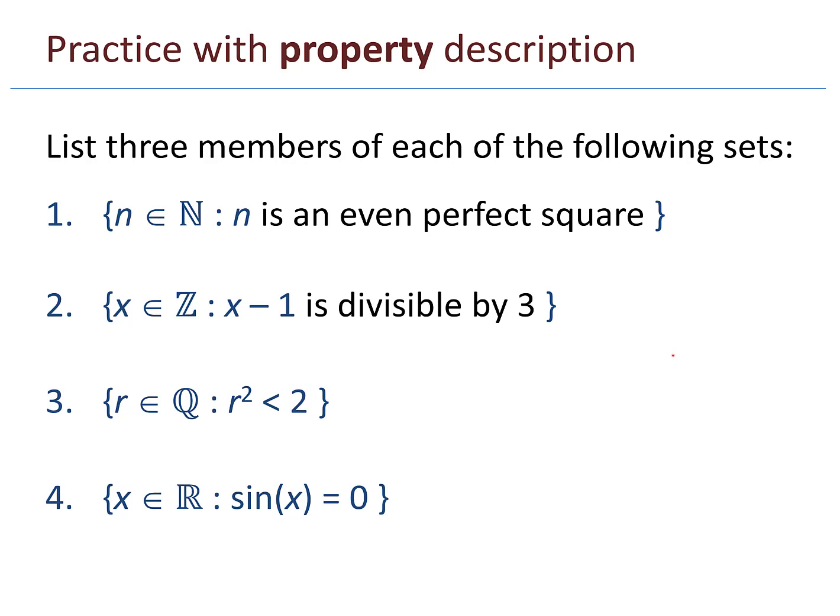Here, I'll read them out loud. Number one, the set of all natural numbers n such that n is an even perfect square. Number two, the set of all x in my set of integers such that x minus 1 is divisible by 3. Number three, the set of all rational numbers r such that r squared is less than 2. And number four, the set of all x in my set of real numbers such that the sine of x